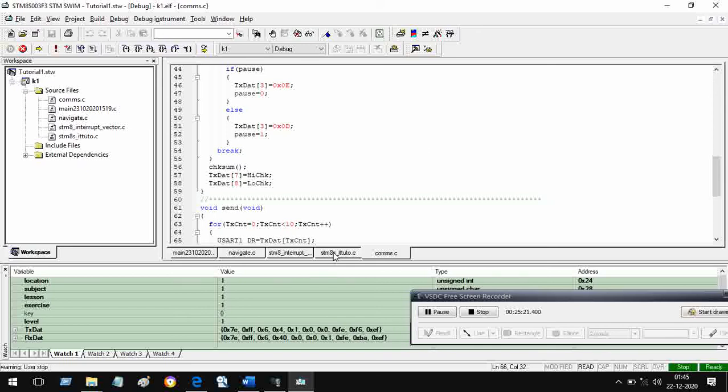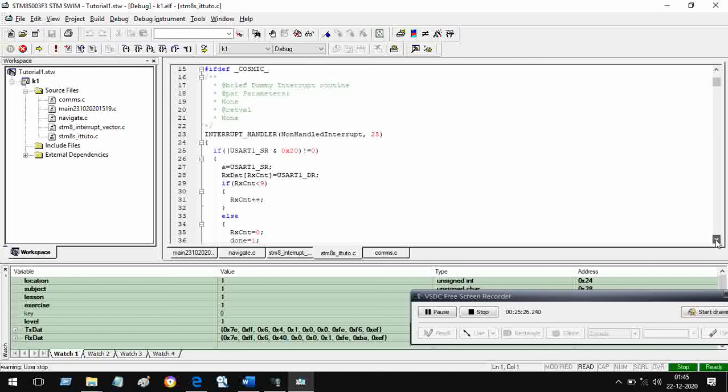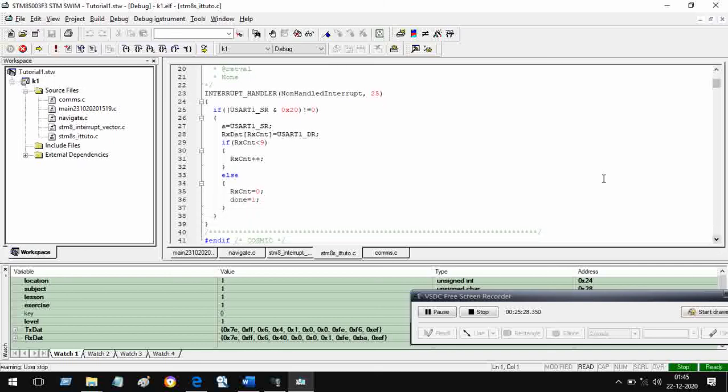Let us take another look at the interrupt handling. When the response comes from the MP3 module, it also comes in the same format in which we have sent the transmit data.